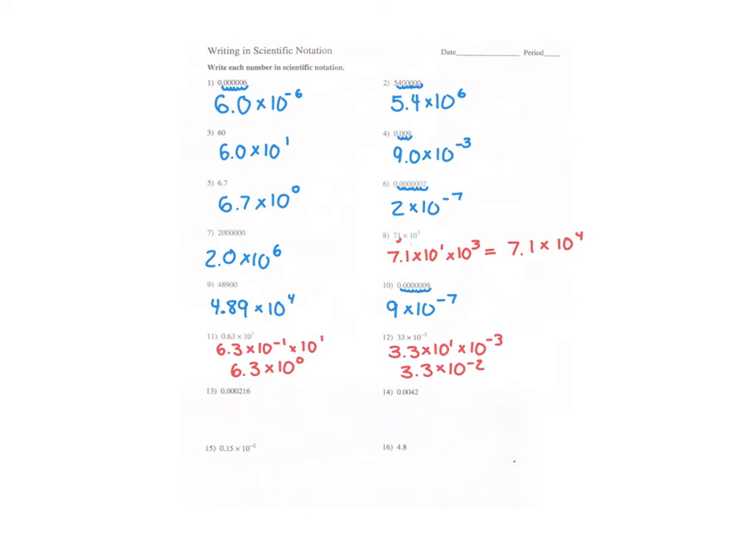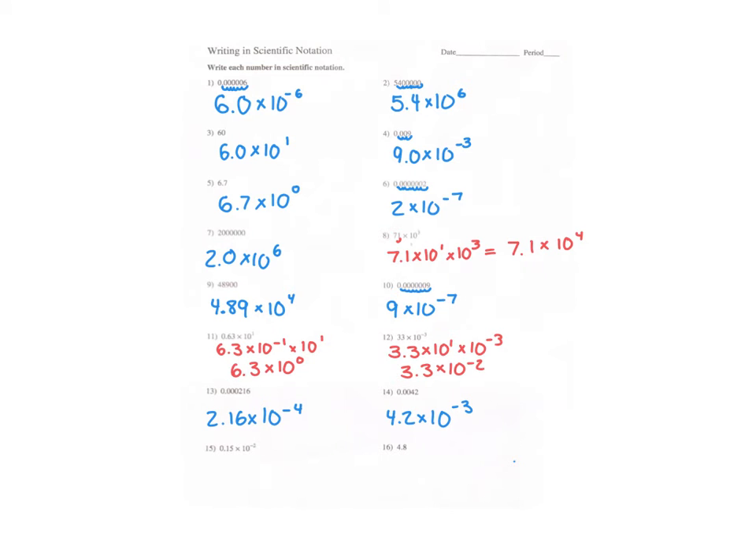Number 13, we get 2.16 times 10 to the negative fourth. Again, it's negative even though we're moving it to the right because the number was less than 1. Number 14 is 4.2 times 10 to the negative third. Number 15